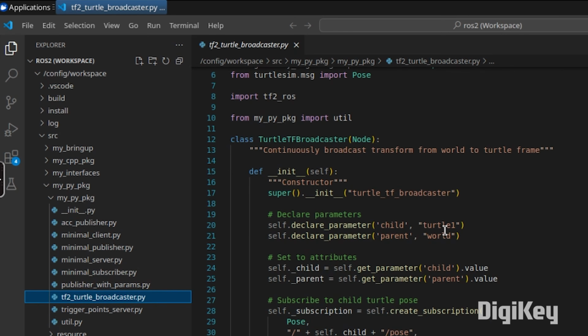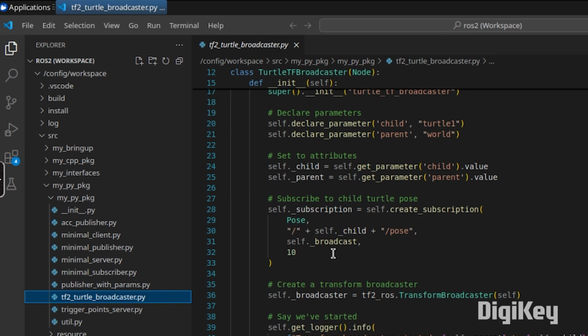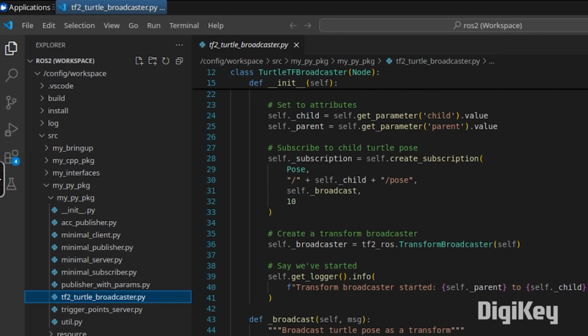This broadcasts a transform. Think of it like a special type of publishing on a topic that TF2 knows what to do with, and it will broadcast from the world frame, in this case by default, to the child frame, which we default to turtle1. Notice these are parameters, so we can pass in a different child and parent if we want to. It creates a subscription to the pose that turtlesim constantly publishes. So every time turtle1 gets a new pose message published to that particular pose topic, this will call this broadcast callback,